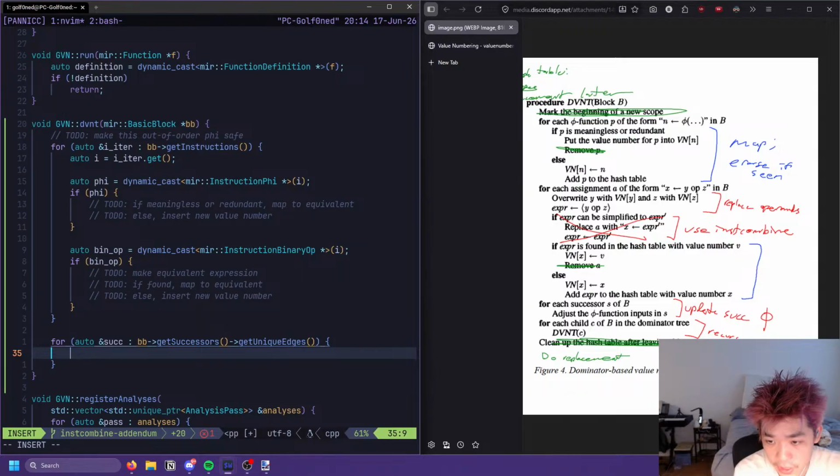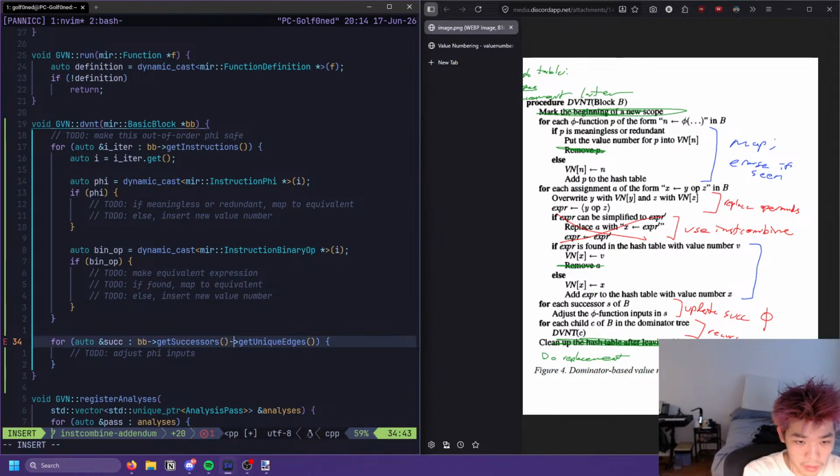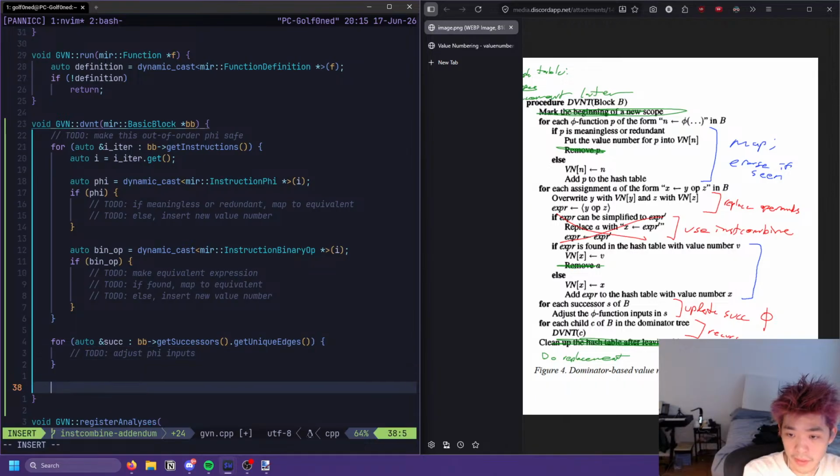And then we want to adjust phi inputs. Yeah, so we want to do that. We want to do replacement there, I think. Yeah, we want to do that here. And then,